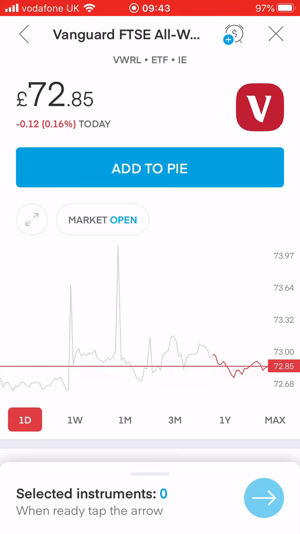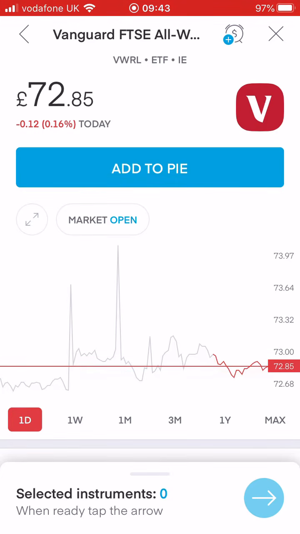But then you've got about 17% Europe, 12% Asia, Japan and that sort of thing, and then about 10% emerging markets, so China and your Indias and Brazil, and then a small amount in smaller